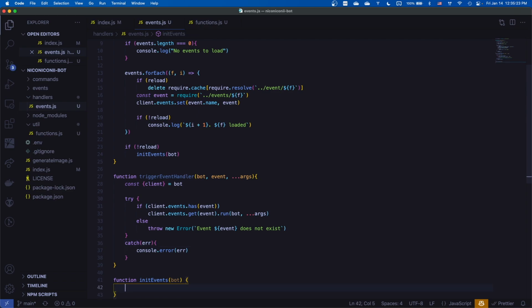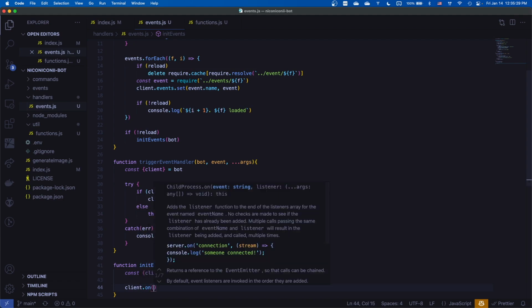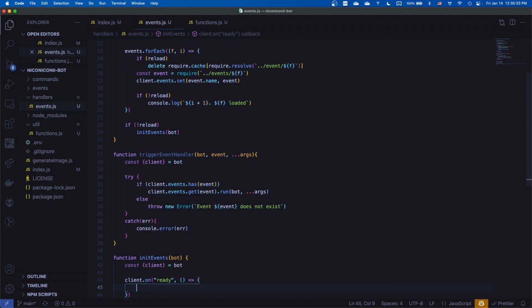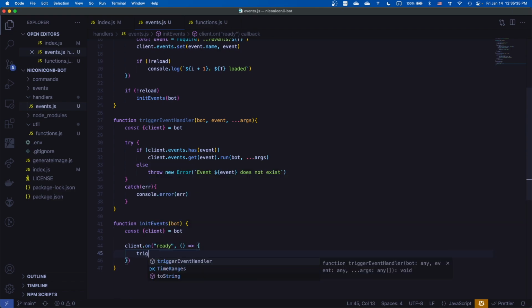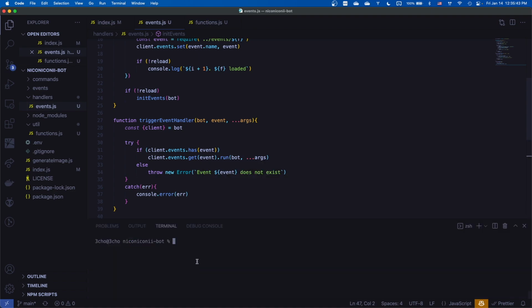In our init events, let's go ahead and again deconstruct the client object, and let's go ahead and initialize our ready event. So this is the same syntax that we had previously, except here we're going to call the trigger event handler, and we're going to pass in the bot and ready. Now let's go ahead and try running our bot. So node index.js,